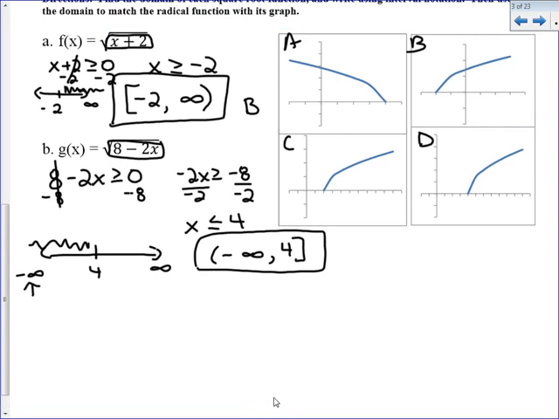And then if you're doing your homework, again, I'm not going to give you the graphs on a test or anything, but on your homework, which graph shows numbers up to 4? Okay. So it's numbers 4